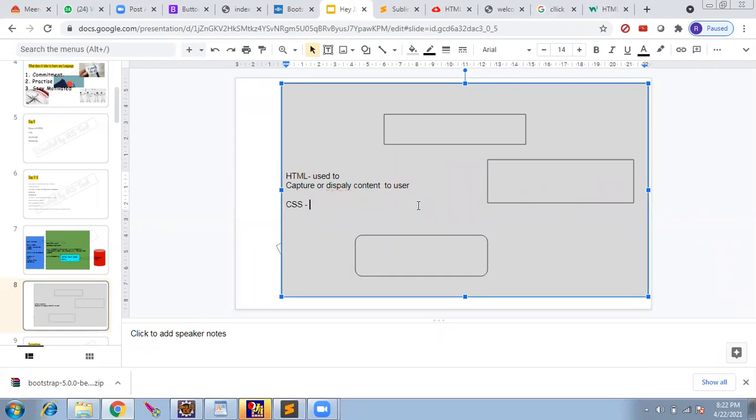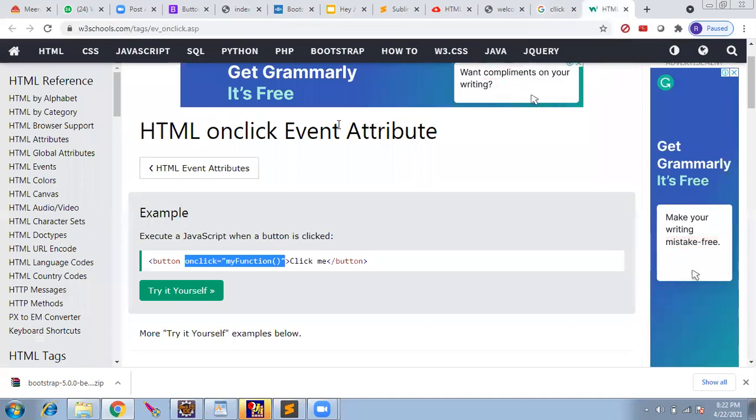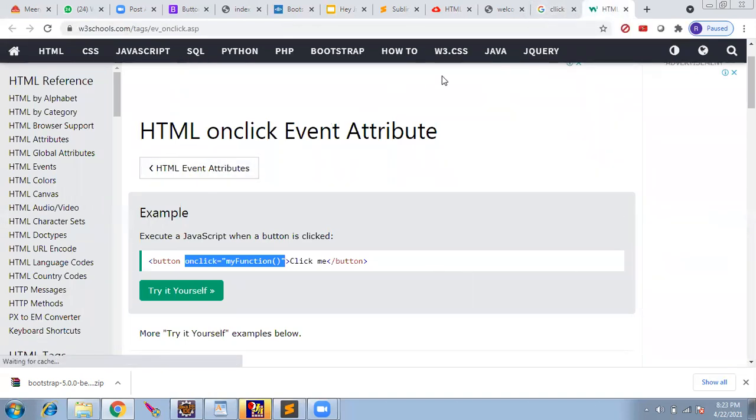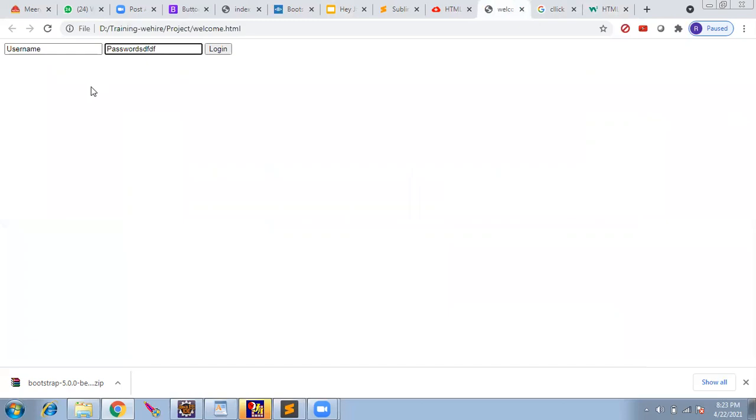So CSS is used to beautify the HTML. Whatever you see in HTML, coloring, underline, border, mouse, everything will be done using CSS only. So this top you see a black color. Without CSS, if you use plain HTML, the page is going to look like this. You can never get a beautiful page.